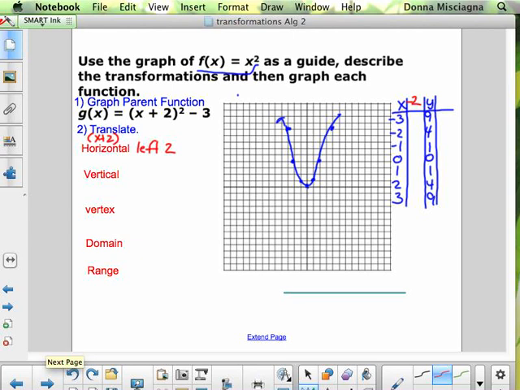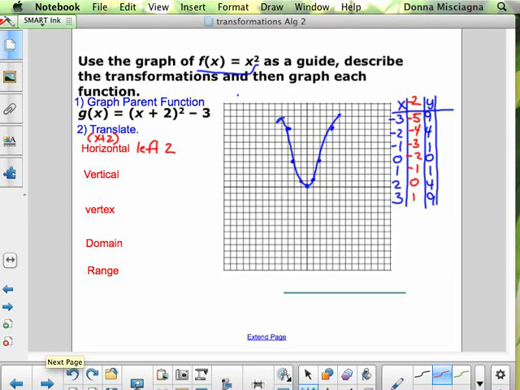So negative 3 minus 2 would be negative 5. Negative 2 minus 2 is negative 4. Negative 1 minus 2, negative 3, 0 minus 2, negative 2, 1 minus 2, negative 1, and so forth, and 2 minus 2 is 0, and 3 minus 2 is 1. All right, so